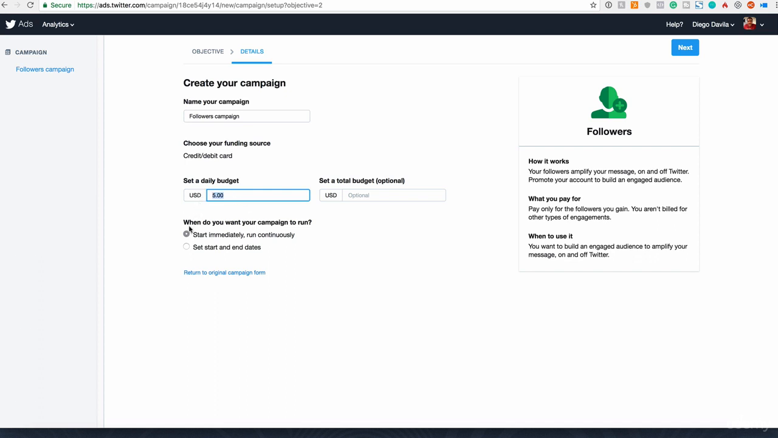And that's a problem, because if you forgot about your campaign and it's running, it will start increasing your advertising bill, and at the end of the month you will receive a bill from Twitter with a big amount, and you don't want that. So by selecting a start and end date, you know that this will run only for X number of days,